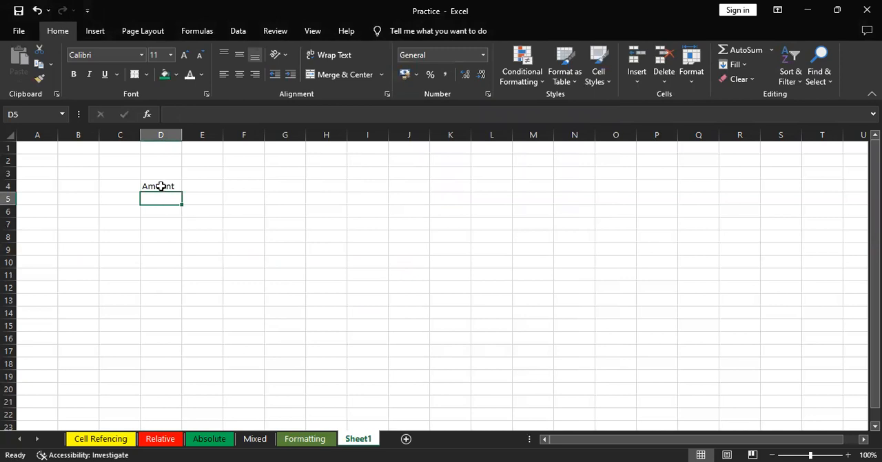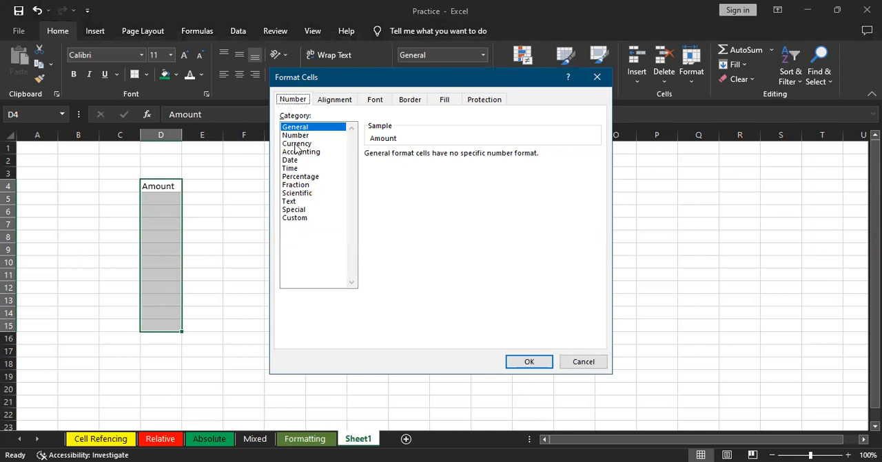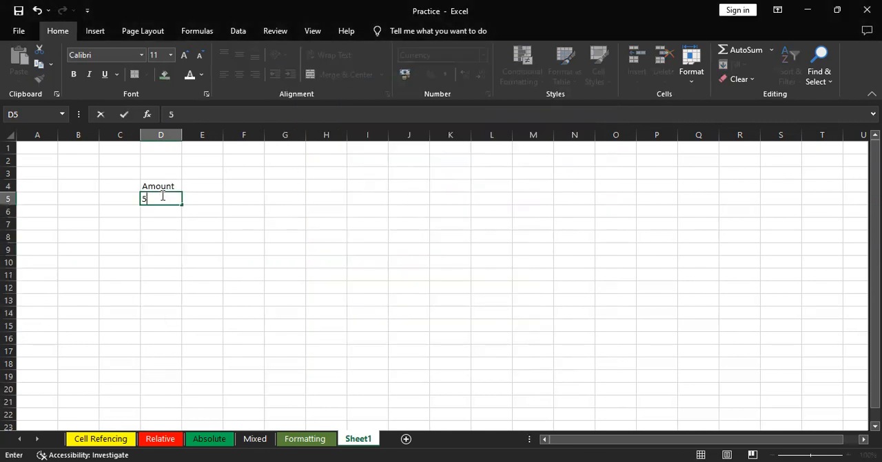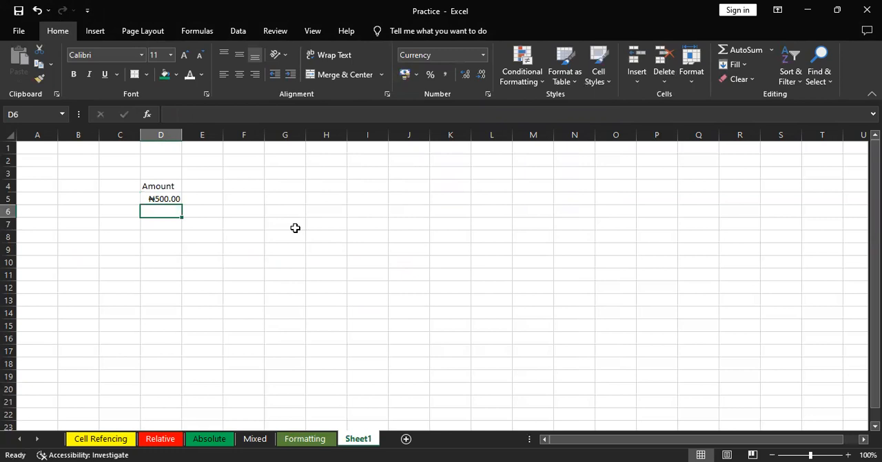So I want from this column here, from that point to this point, to have a naira sign. Press Ctrl+1 here. I'll select currency, Naira. Decimal places, do I need decimal places too? Now you can see, let's enter 500, 200, 300, 400. Since I have selected the type of data I want, I don't need to enter the Naira sign. So the same thing works for